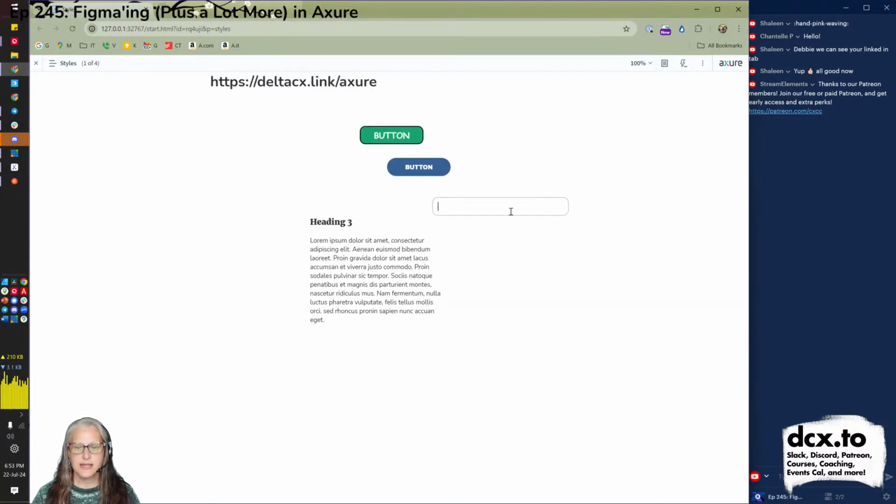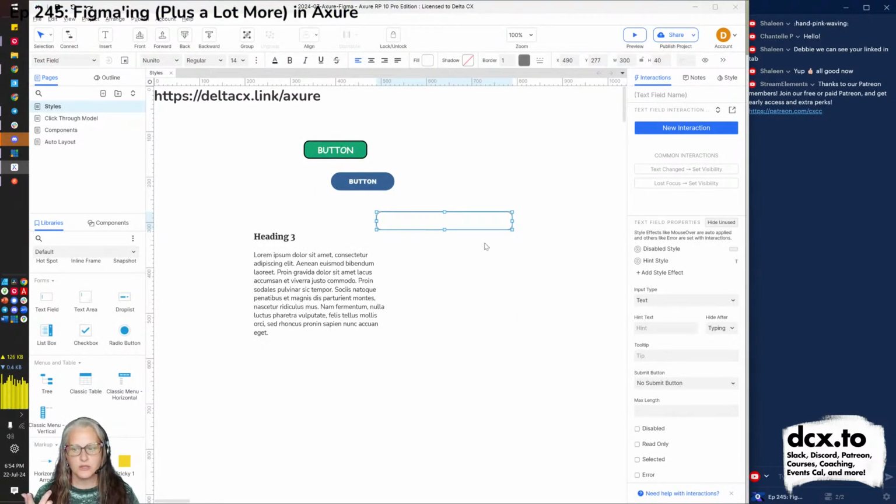Refresh. So this is now here, and because I did left padding, the box will start its typing 10 pixels from the left boundary. Because I did left padding of 10, you can control that. So that's how this looks. This looks more like a nicely designed text field, but there's more that we can do with a text field. Notice we've got hint style, disabled style. So we can use our global styles to say, when this is disabled and people can't type in it, what does it look like?